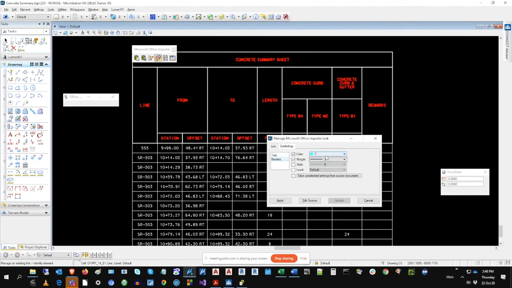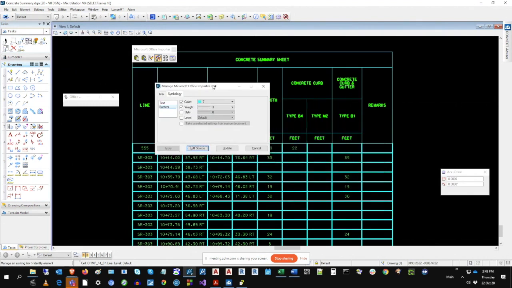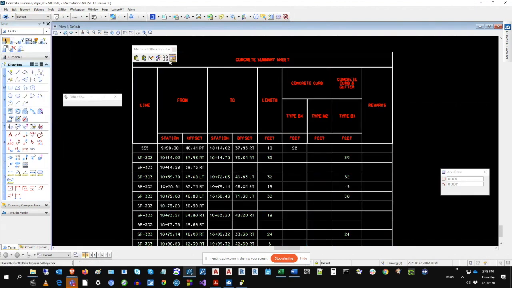But again, here, and also in the symbology settings in the settings, when you apply them, they apply to all of the text and separately all the borders. So if I click Apply Now, notice what I just did. So that's applying symbology. Then when I go back to the settings,